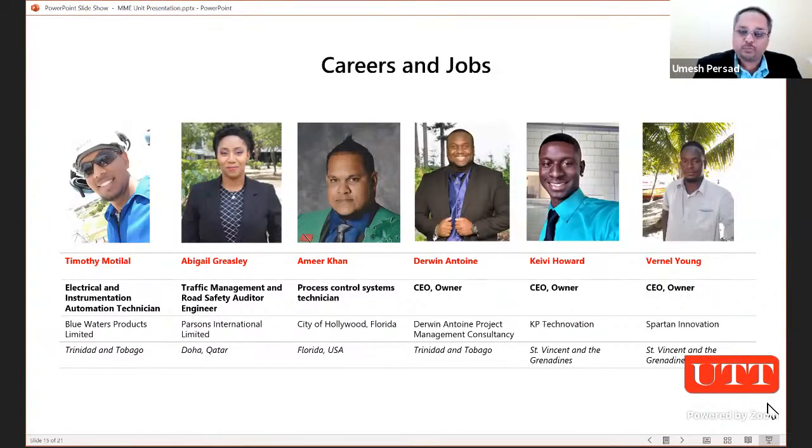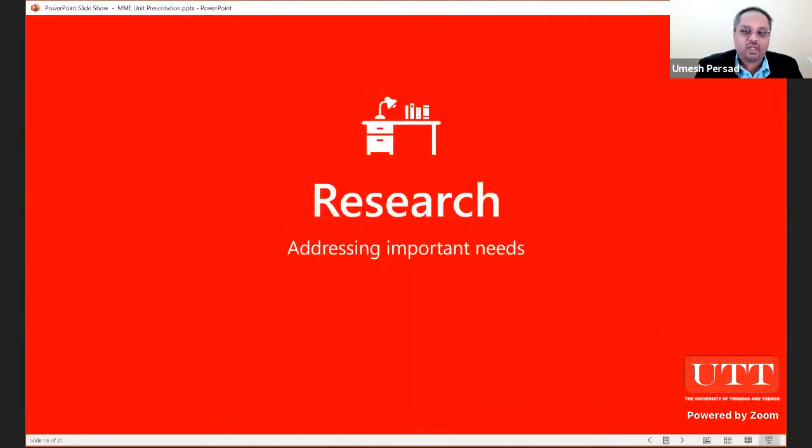These young entrepreneurs started their own businesses after doing our program. And you can see it's international. We have Trinidad and Tobago, KV and Vernal both have their companies set up in St. Vincent and the Grenadines. So we've had a lot of success in our unit so far. And keep in mind, this is from the undergraduate BASc. For the MSc programs, we have a larger number of students who currently have their own companies and they're in operation. Now I'll proceed to wrap up by just giving you a little taste of the research that we do.